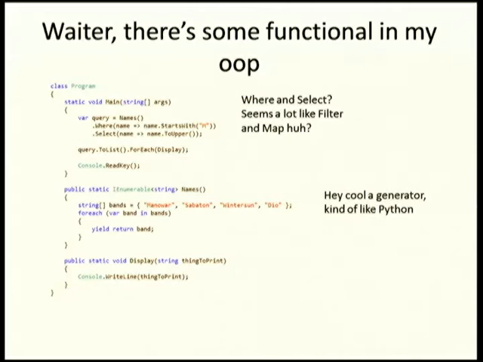Okay, now I've got my collection that I've transformed in a very awesome way, and I'm going to say for each, how about I just pass it a method as a parameter? No, you can't do that. Yes, you can. All right, and so we can do that. So we can see that some of the things that we all love about functional programming in Python, there's a little slice of that in C sharp too,